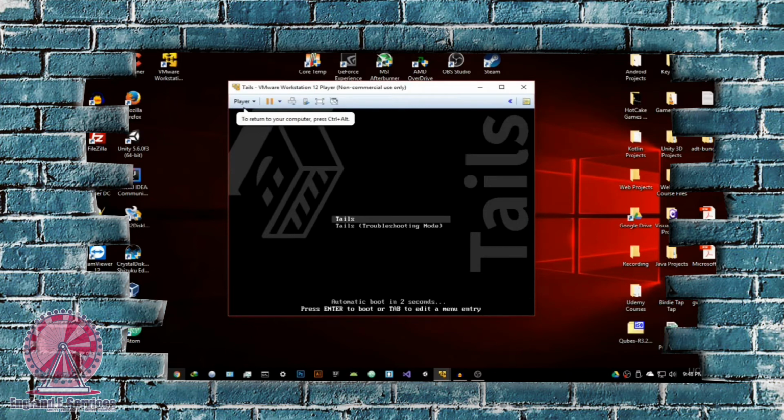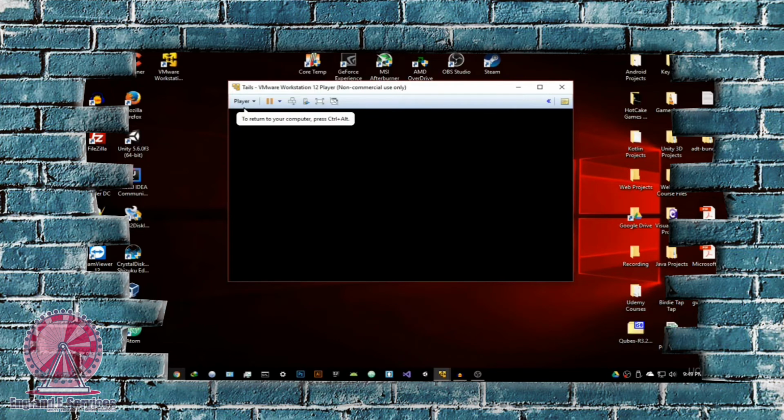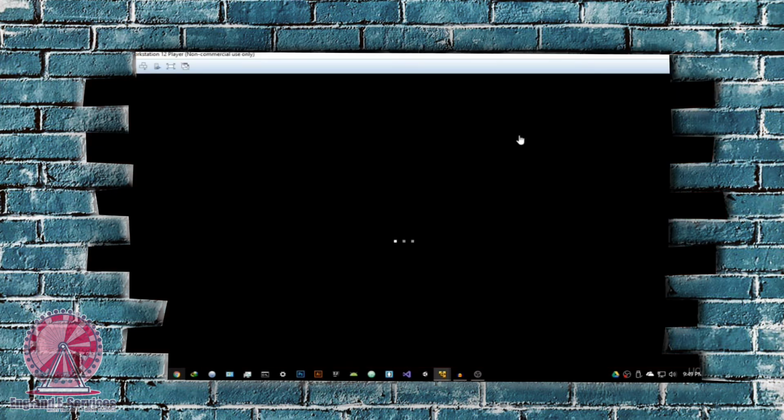Alright, so it's already booted up. As I said, it's very, very fast, and it works fantastic with virtual machines. Just hit enter on Tails and it should begin booting up. Don't worry about what it's doing right now. It is basically the startup. What I'm going to do is let me just maximize the screen right now so we can actually see what's happening. It's going to take a few seconds to start up, and hopefully it gives us something that we can